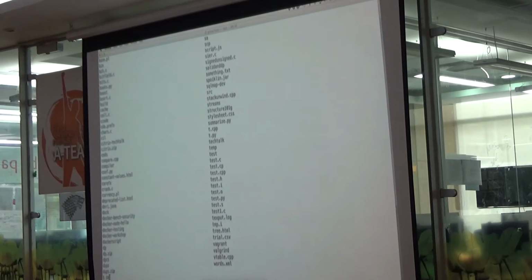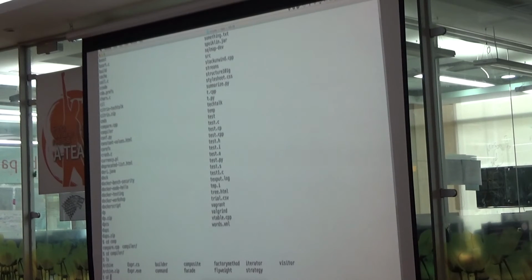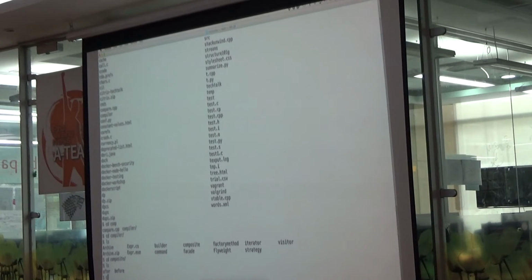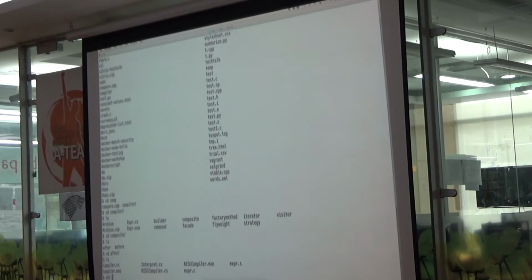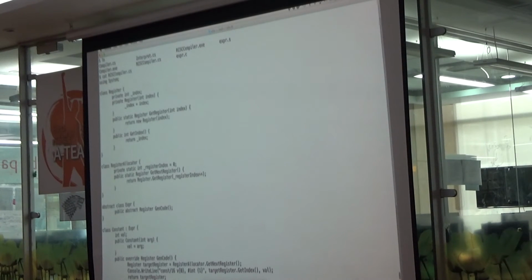So what we have here is actually a register allocator. First we have an abstraction of it.